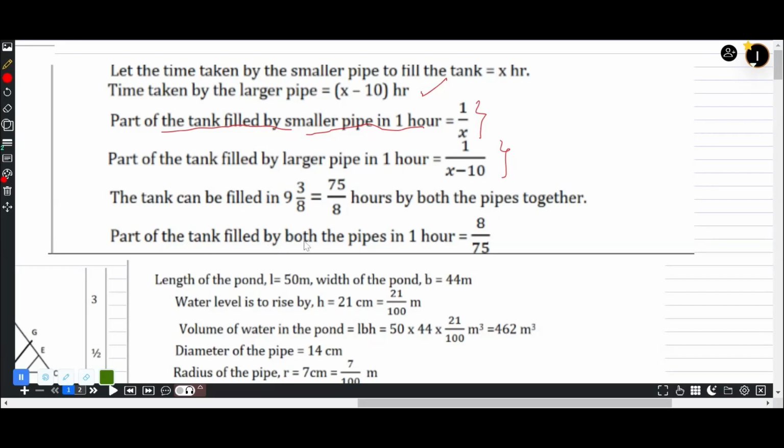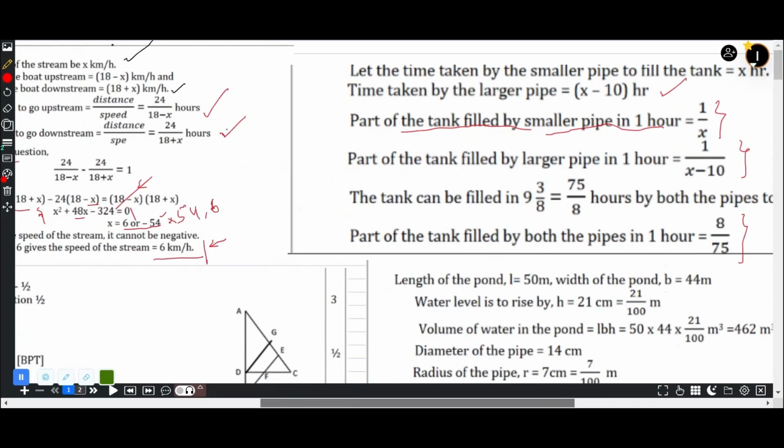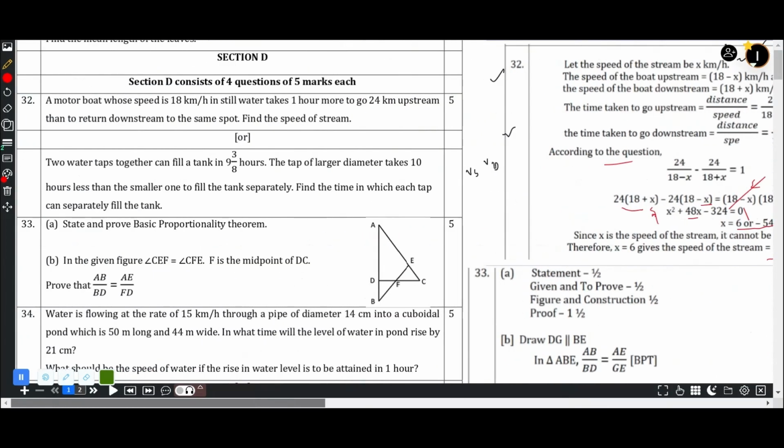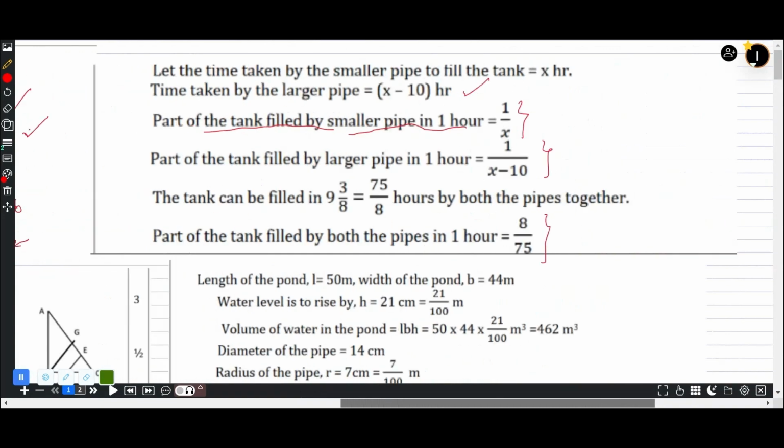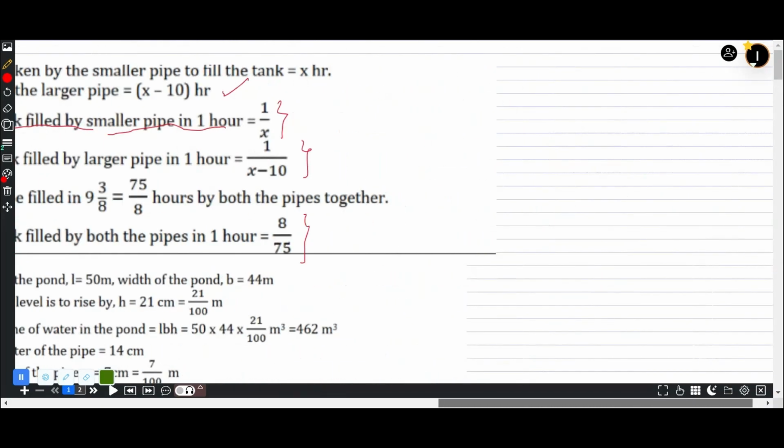देखिए, part of the tank filled by smaller pipe in 1 hour will be 1/x, because smaller pipe total tank को भरने में x hours लेता है, तो 1 hour में 1/x भरेगा। Part of the tank filled by larger pipe in 1 hour is 1/(x-10), right। Question था water pipe tap जो मिलकर अगर दोनों एक साथ चालू करें तो 9 and 3/8 hours में they fill the tank. That means पूरा tank 75/8 hours में भर जाता है, तो 1 hour में 8/75 भरेगा। तो 1/x + 1/(x-10) = 8/75, right। Unitary method कहते हैं इसको।